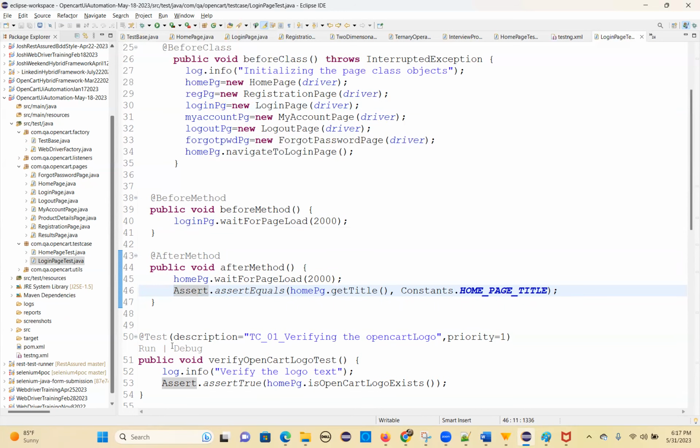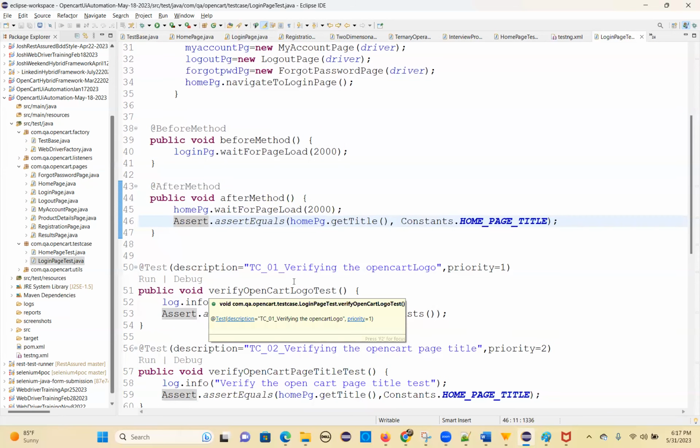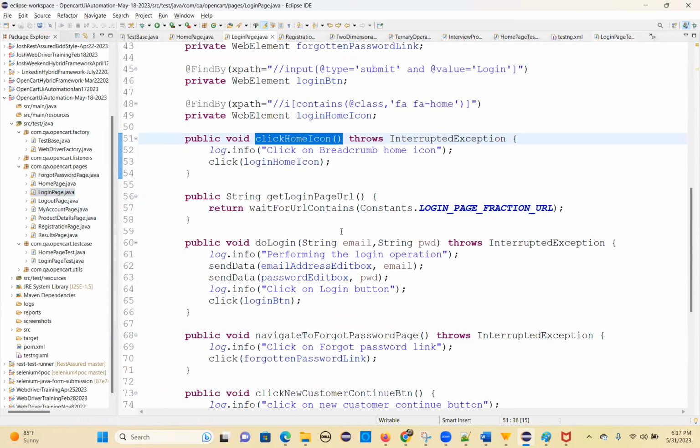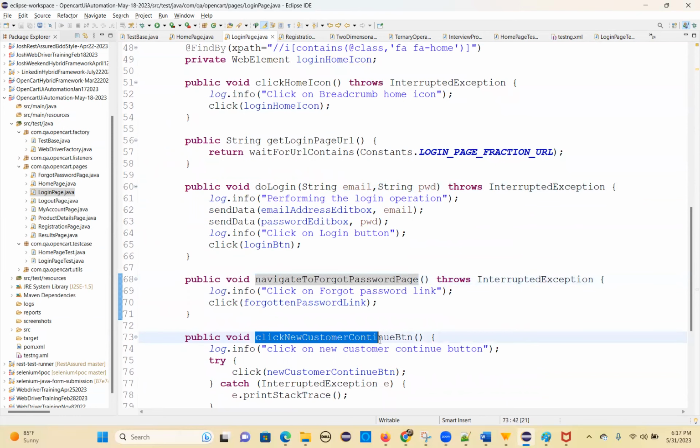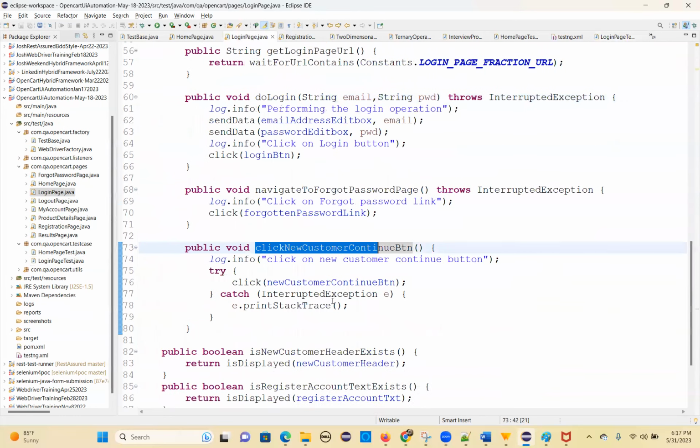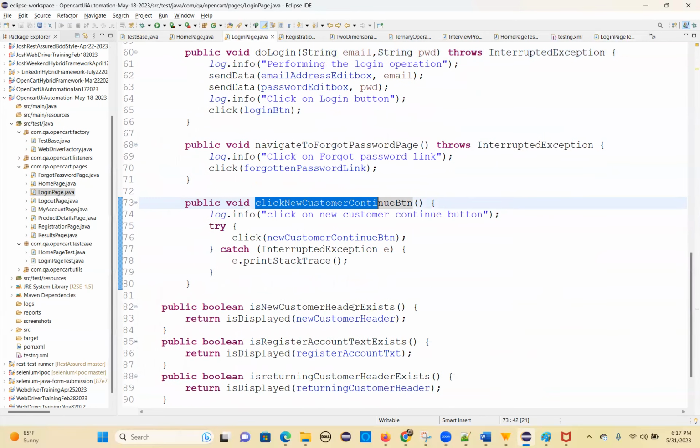Otherwise, first open the login page. So what are the methods we have? We have get login page URL, do login, navigate to forget password, click on new customer continue button, is new customer header exist,